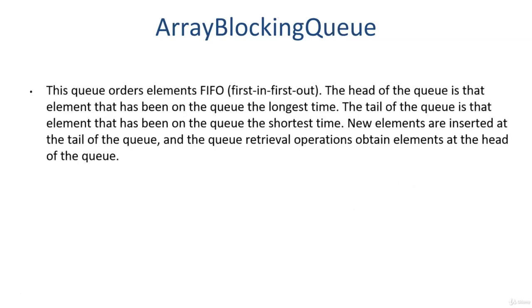This queue orders elements first in, first out. The head of the queue is that element that has been on the queue the longest time. The tail of the queue is that element that has been on the queue the shortest time. New elements are inserted at the tail of the queue, and the queue retrieval operation obtains the element at the head